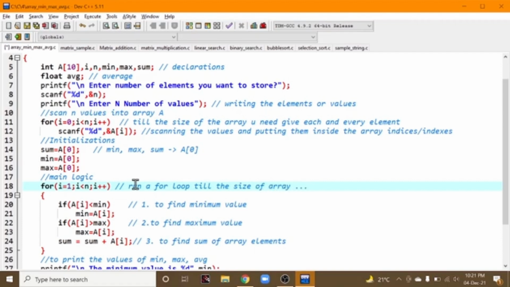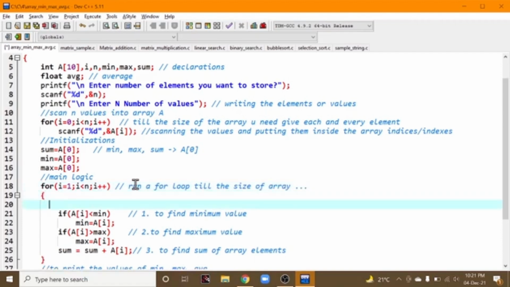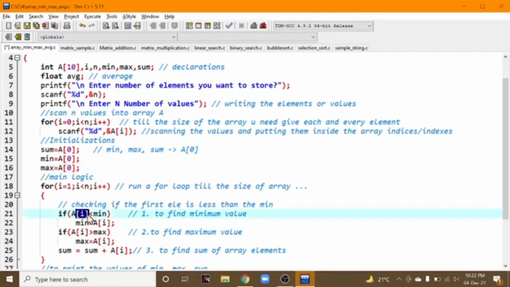Inside, what happens is checking if the first element is less than the min. So min is nothing but the 0th element in the array, and a of I is nothing but, that's why